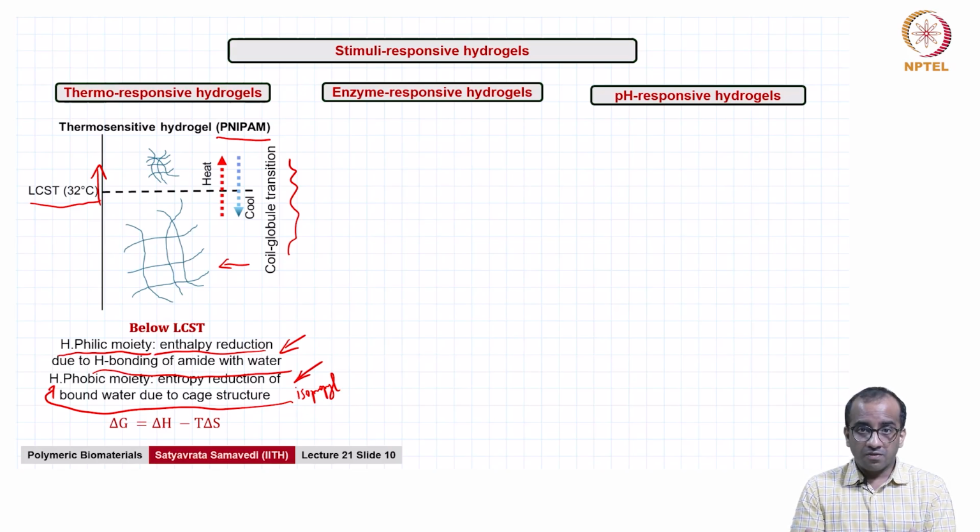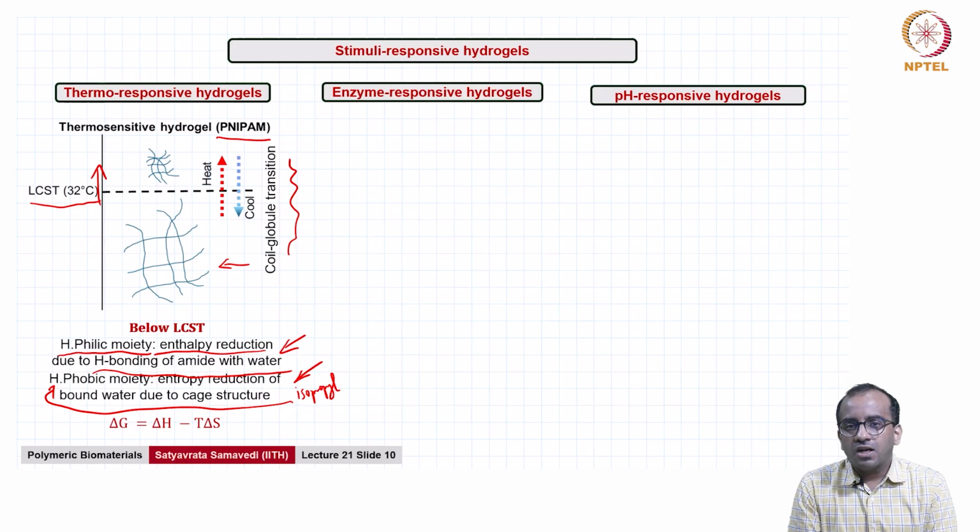So now you will have hydrophobic associations, just as we saw in HPMC, that leads to collapse of this network, expelling the water. So in some sense one can think of the network being hydrophilic, quote unquote, below the LCST and hydrophobic above the LCST. What we mean by hydrophilic and hydrophobic is which interactions dominate. The hydrogen bonding interactions dominate at room temperature or below the LCST, and the hydrophobic interactions leading to collapse and